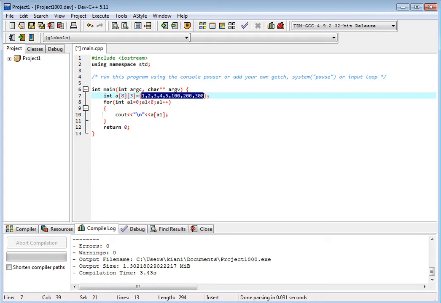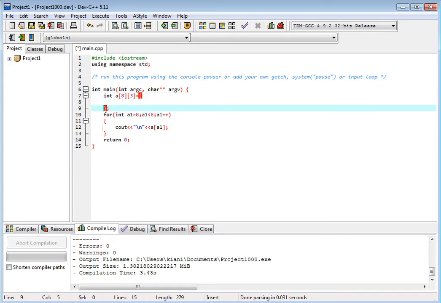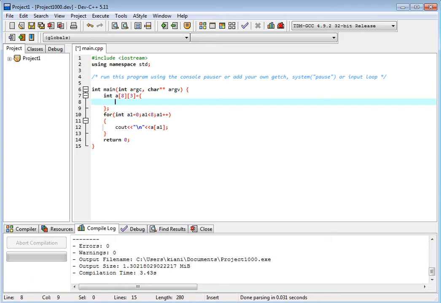Okay, now if we print it, this is the value, right? This is a single dimensional array. If we have a 2-dimensional array, what do we do? For example, we have 3 values.